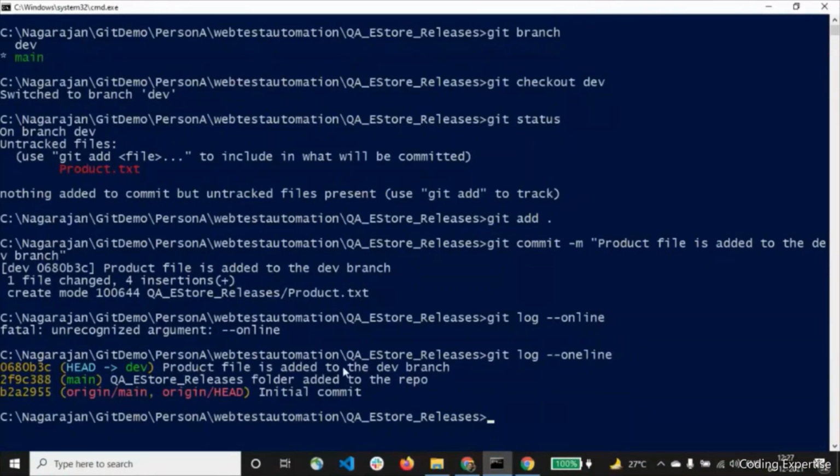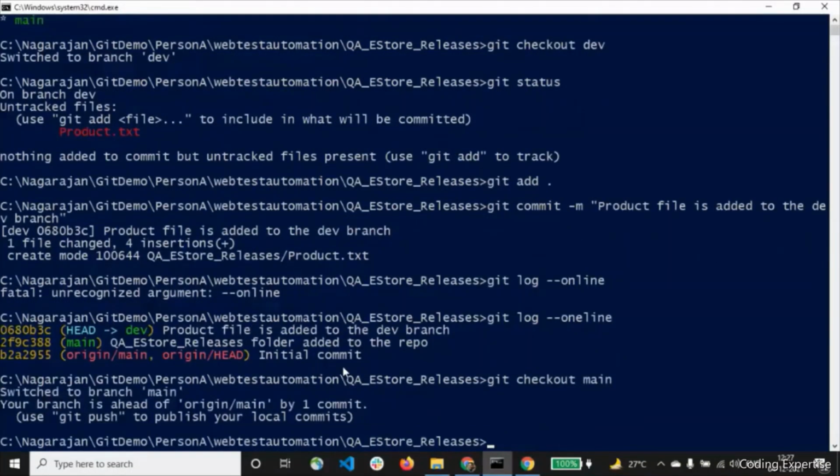For that, let's check out to the main branch. Now I'm checked out to the main branch, and we are going to cherry pick this commit. Git cherry-pick commit ID. This is the command which helps us pick a particular commit from the dev branch and apply it to the main branch.